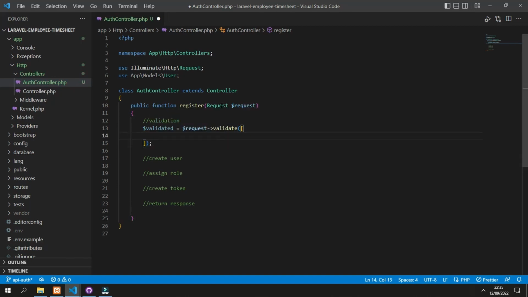So for registering a user, what we need is first the name, and then email, and then password.